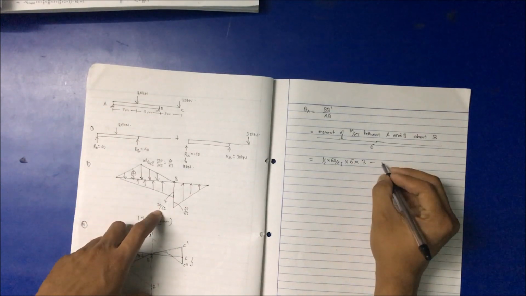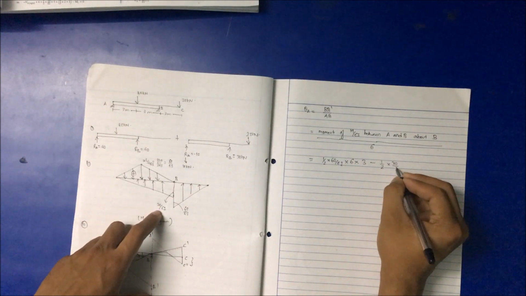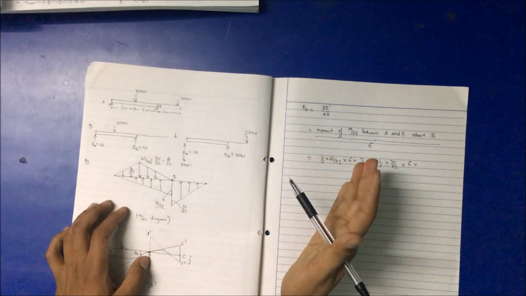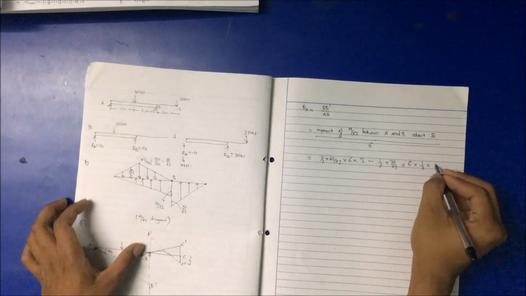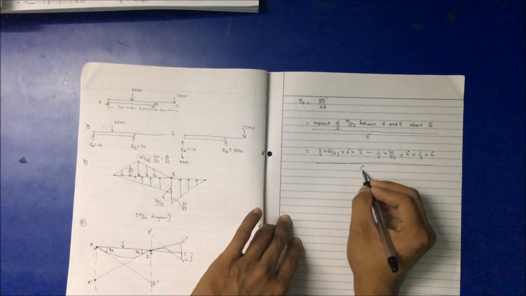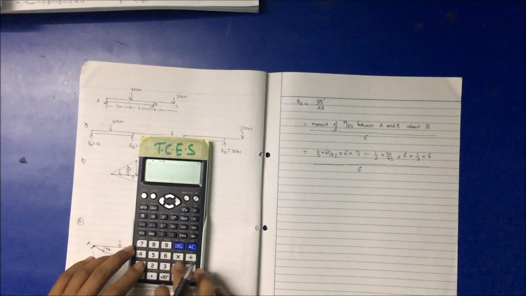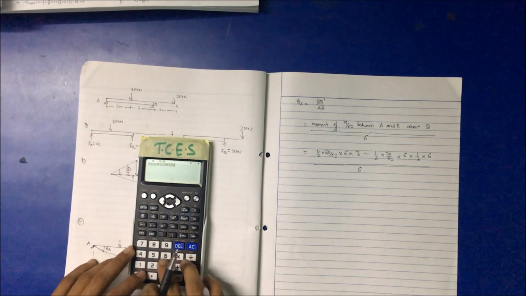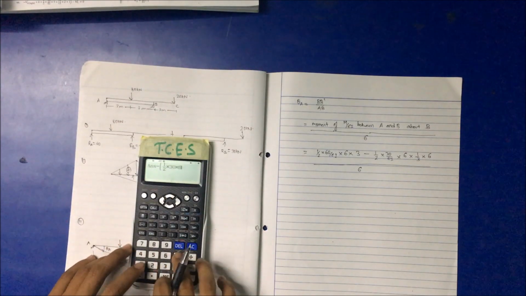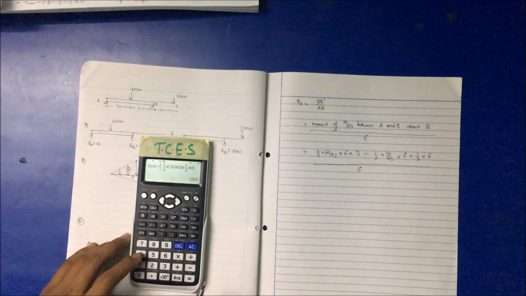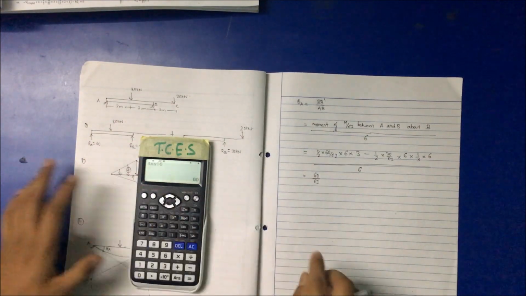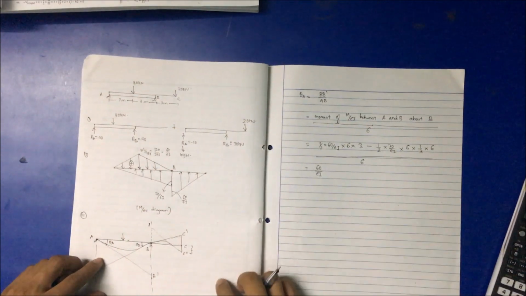Minus 1 by 2, again a triangular portion, 30 by EI multiplied by the span, 6, towards the base, so 1 by 3 multiplied by the span, 6, divided by 6. 1 by 2 multiplied by 60 into 6 into 3 minus 1 by 2, 30 into 6 into 1 by 3, 6, divided by 6, we get 60 by EI, a positive value, and a positive value shows us a